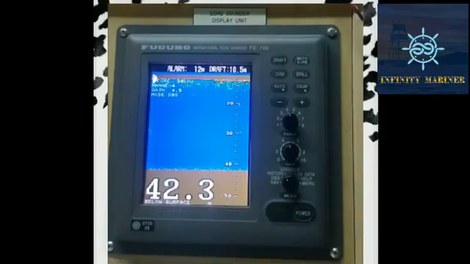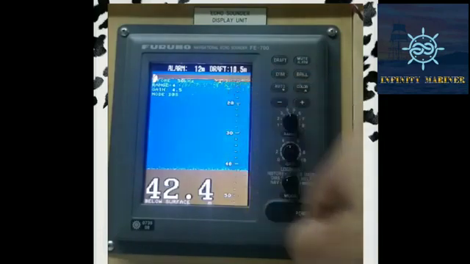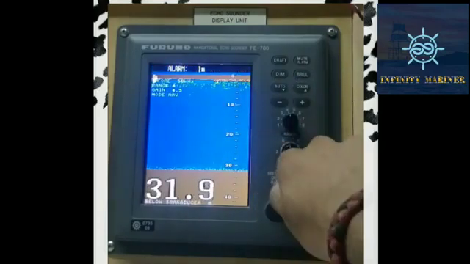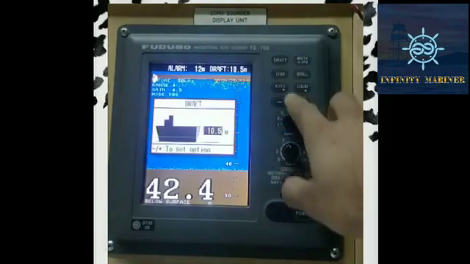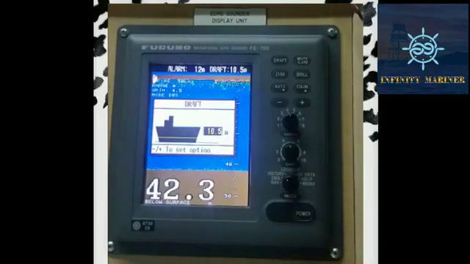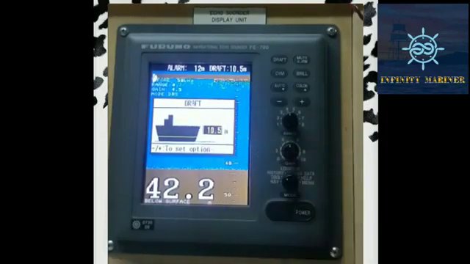Basically the DBS is the draft adjusted depth, and the draft is shown right over here at the top right corner, that is 10.5 meters, the current draft of the ship. If there is some difficulty in finding the draft value of the ship, then we can use it in navigation mode. After setting it to DBS mode, we can adjust the draft of the ship by clicking on the draft option, and here is the current draft of the ship. As per the sailed-out draft, we will set the value here, 10.5, 11.5 and so on.